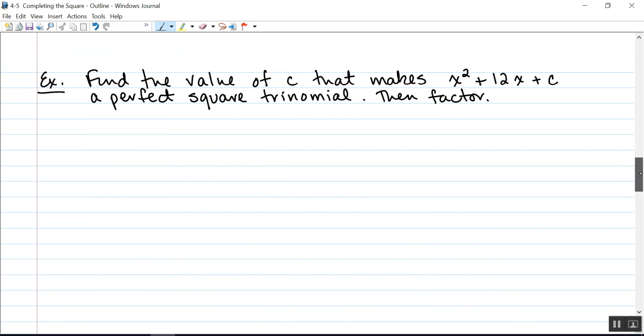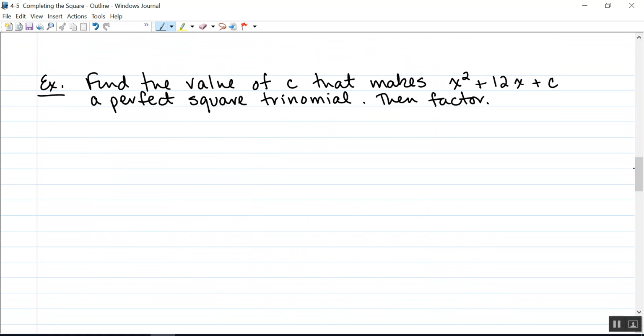Oh, before we do that, let's practice finding c. So this says find the value of c that makes x squared plus 12x plus c a perfect square trinomial, then factor it. So x squared plus 12x plus c, my new c